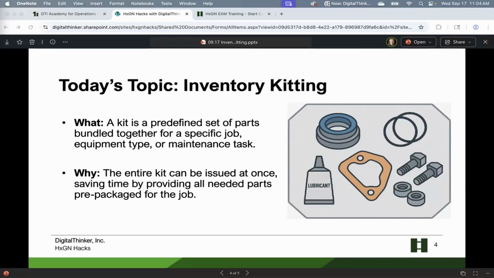And you can also stage kits for shutdown or turnaround projects where you have a large volume of parts that must be organized and issued to those work orders. So keep those ideas in mind as I walk through a demonstration of how to use inventory kitting in HxGN